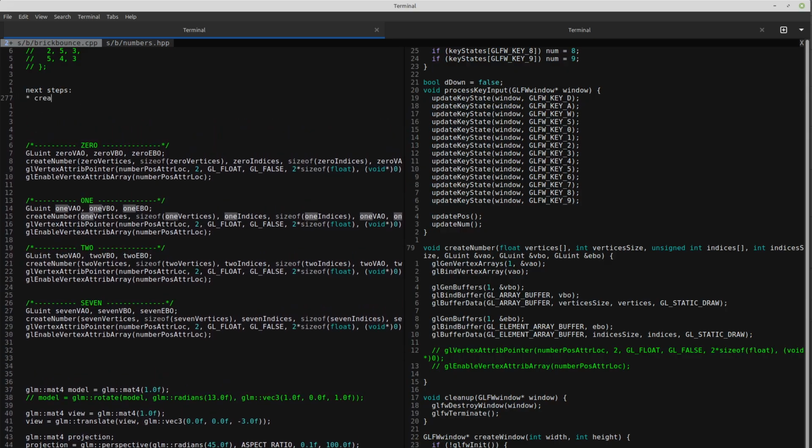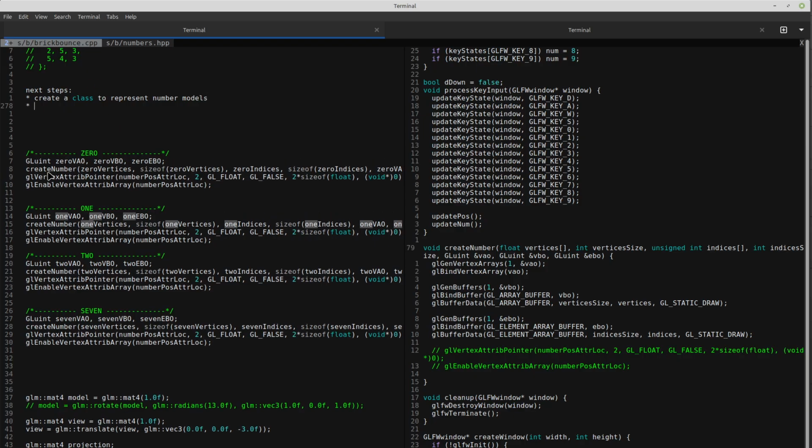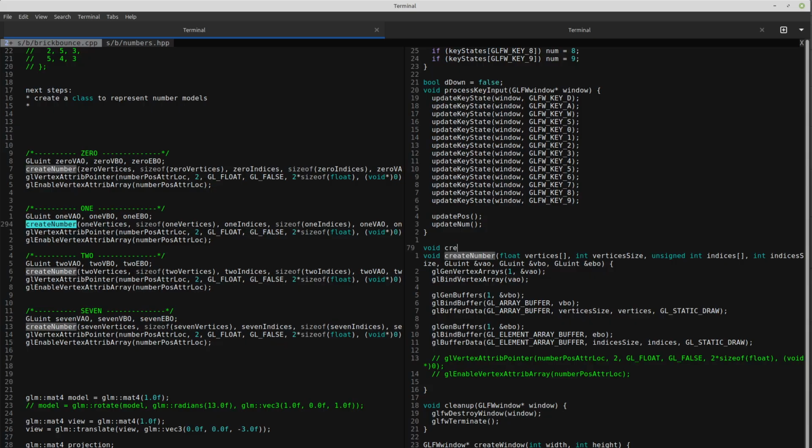One, create a class to represent number models, I guess you would call it. And that's useful because instead of passing in, for this create number function, the vertex data, the vertex size, the indices data, the indices size, the VAO, the VBO, the EBO, we would just pass in, it'd be like void create number. We just pass in,